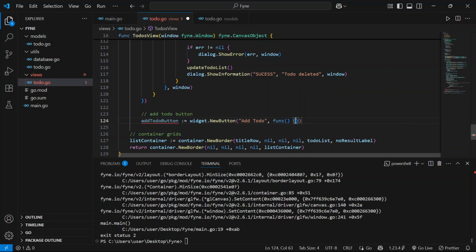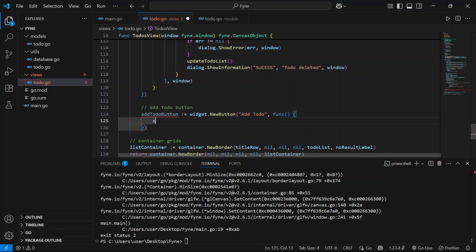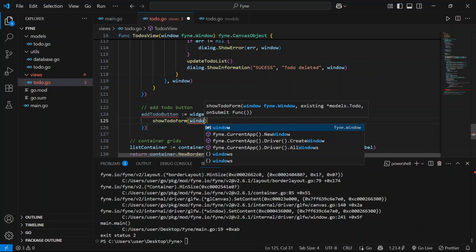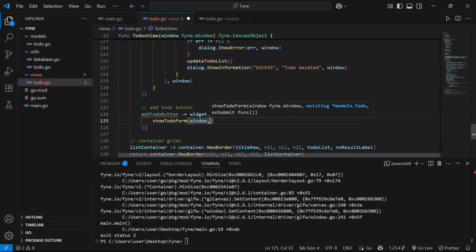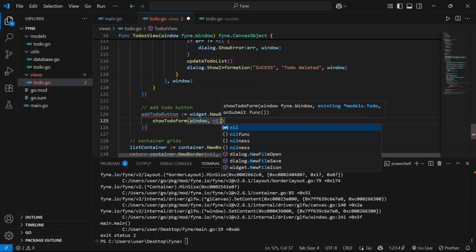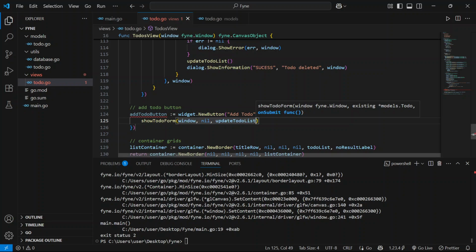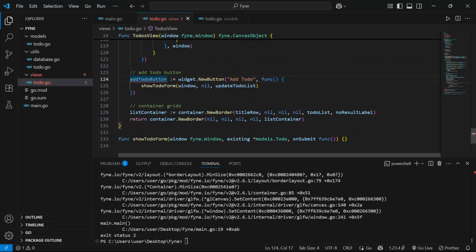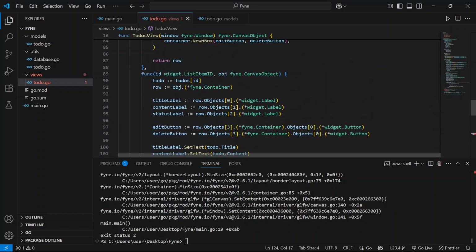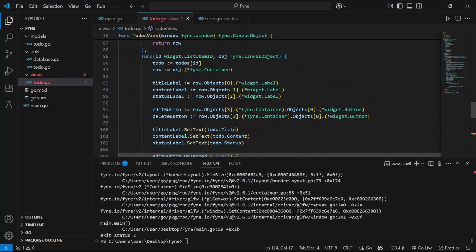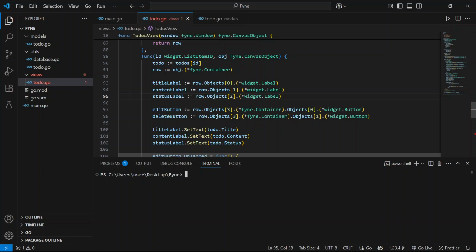Then I'm going to define a function. Of course, we're going to say showToDoForm. Then I'm going to supply the window because these things are null. Then updateToDoList. I'm going to update the to-do list. 0, 2, 3. Oh, sorry, this should be 1. Let's try this again. This should be 1 because